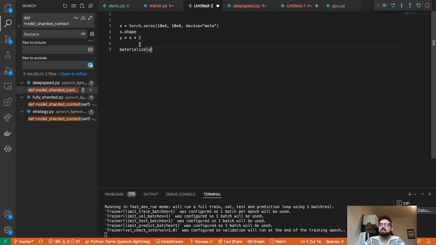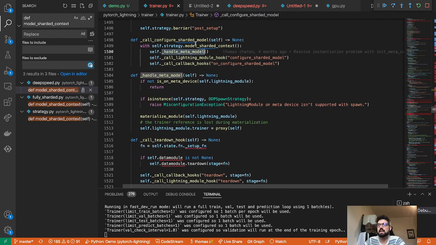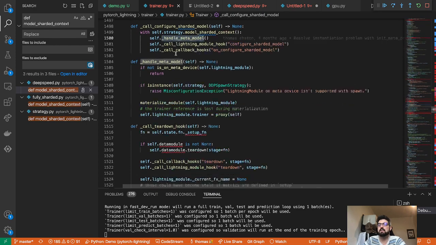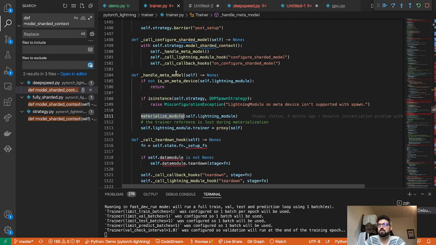And I think that's not exactly the right terminology, but what I'm trying to convey here is if you do that, then the operation before will be materialized, right? Like they will actually happen. So here we have this idea that an entire model, which is way too big to be defined, can still be defined in a meta way. And here we actually enable to materialize the entire module automatically under the sharding decorator,